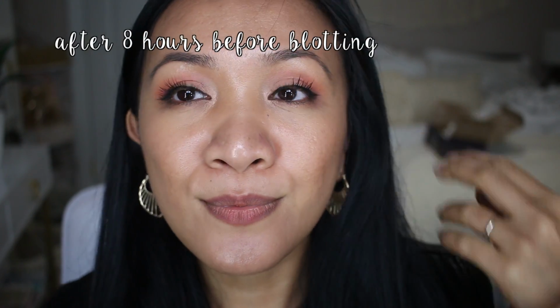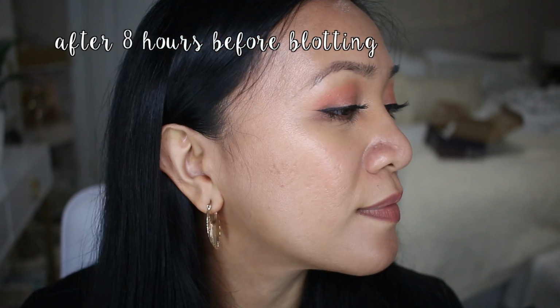So as far as staying power, I have very oily skin, and if you're oily like me, I would recommend getting a matte primer to keep your skin matte longer, because I felt like I did get greasier with this foundation. But for the most part, I felt like the foundation wore really nicely throughout the day despite making me greasy. But I felt like it stayed put on the skin really nicely and it didn't cling into odd places